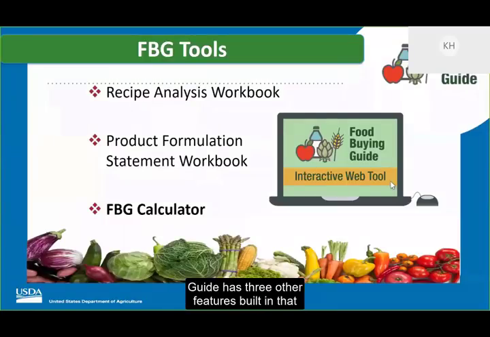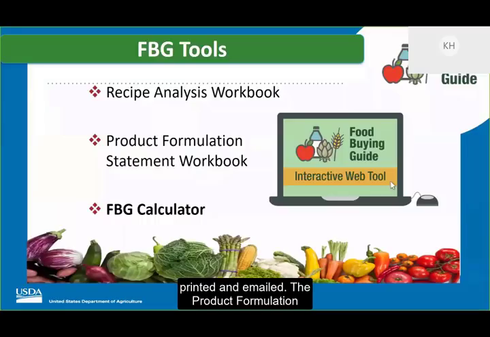The interactive Food Buying Guide has 3 other features built in that include the Recipe Analysis Workbook, the Product Formulation Statement Workbook, and the FBG Calculator. The Recipe Analysis Workbook, which is otherwise known as the RAW, is available to registered users. The RAW allows the user to easily search the Food Buying Guide for creditable ingredients listed in a recipe. The selected food items will auto-populate into the RAW and calculate the item's crediting information based on the amounts entered by the user. The meal pattern contribution is calculated, and the meal pattern contribution statement for the recipe can be